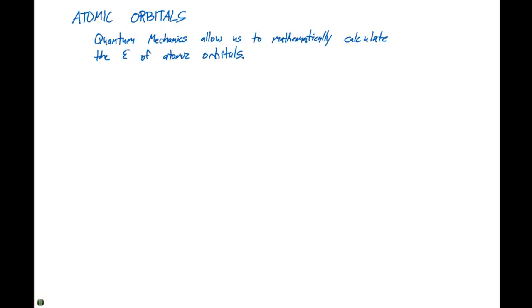We've now been talking about quantum mechanics for a little bit here, and quantum mechanics is going to allow us to mathematically calculate the energy of atomic orbitals. And we can do this by using the Schrödinger equation. The Schrödinger equation looks very, very innocent, but it's probably one of the most complicated mathematical things to calculate